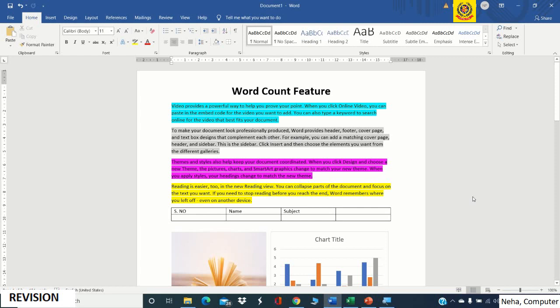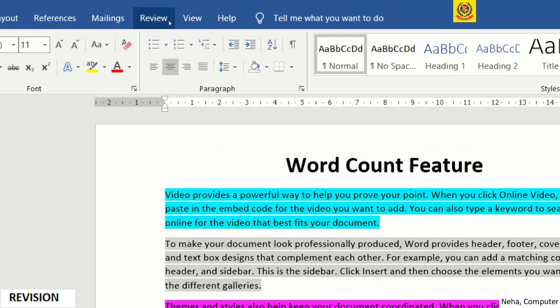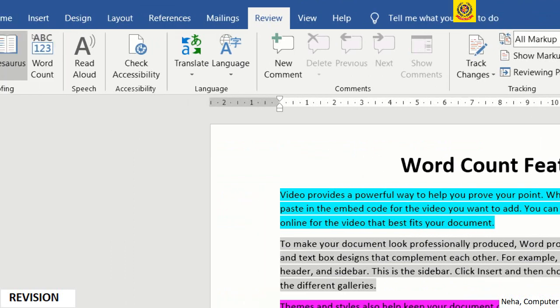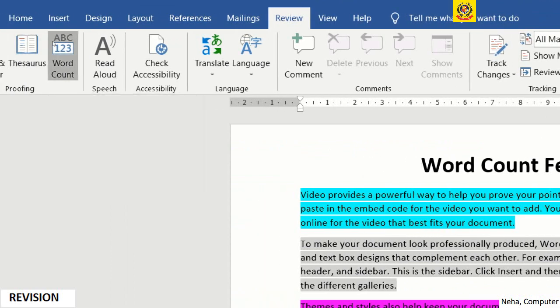Now in the Word document, let's see how to use the word count feature. For that we will move to the Review tab, and on the Review tab we will go to Word Count. So we'll click on it.